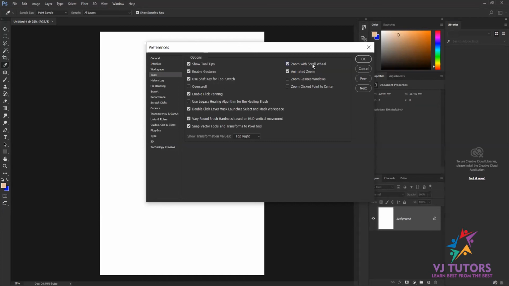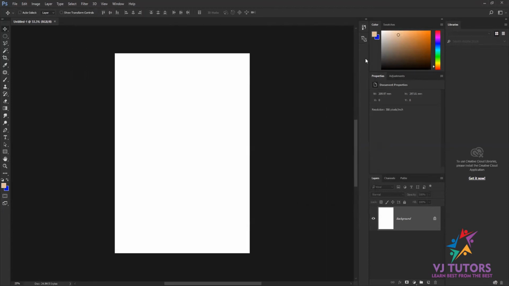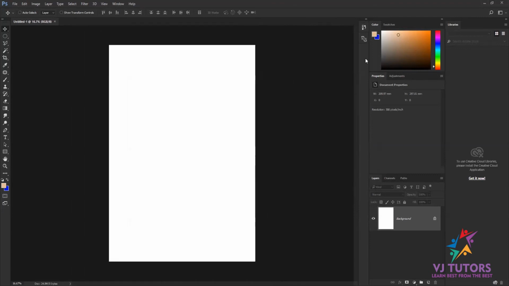Or if you turn on this option and press OK, then you need to press Alt whenever you scroll your page. That is for zoom in and zoom out.